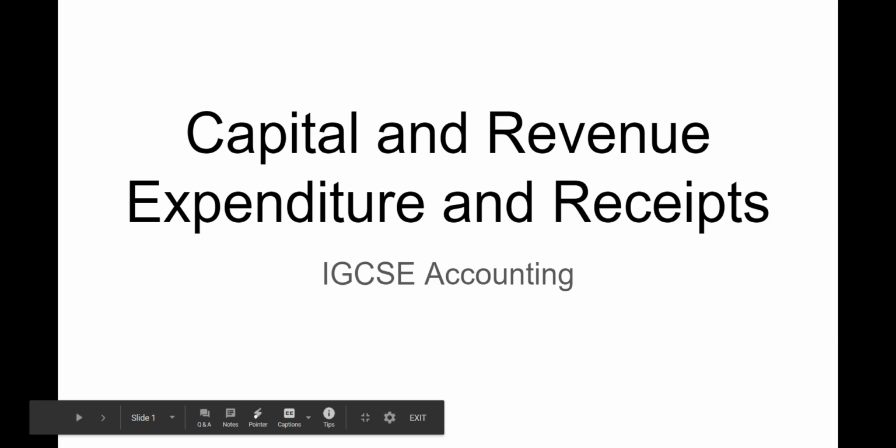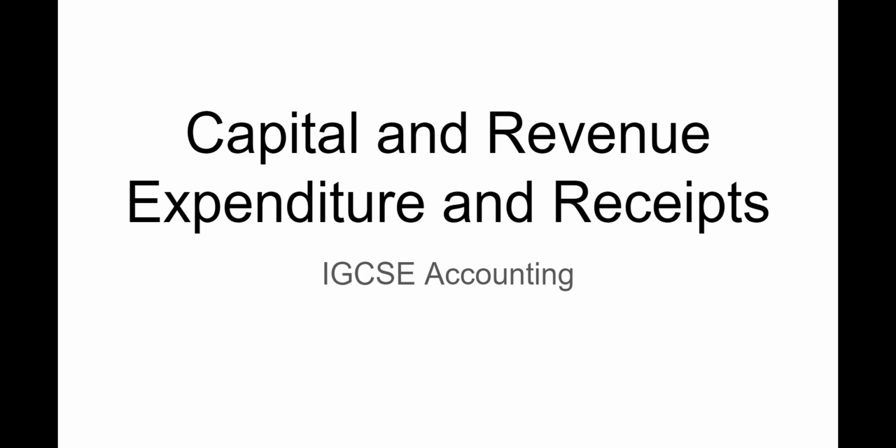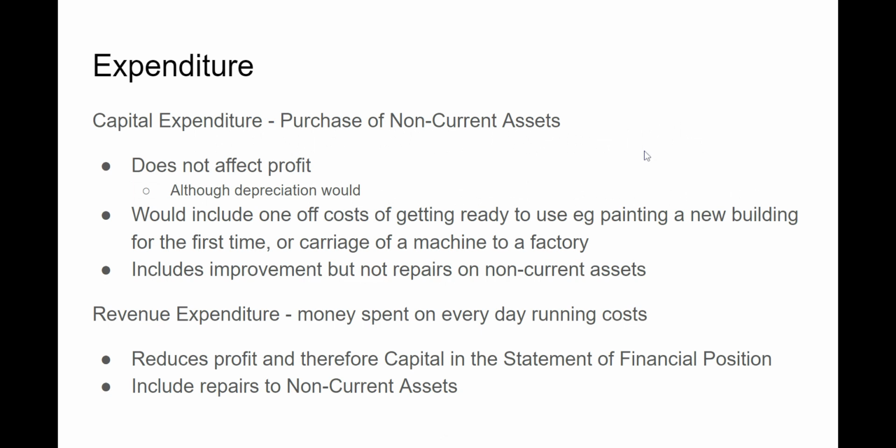In this podcast, I'm going to look at capital and revenue expenditure and receipts, and it's aimed at both IGCSE accounting and at AS accounting. Capital expenditure is purchase of non-current assets by a business. And one of the key things about this one and getting it right, we need to be able to classify